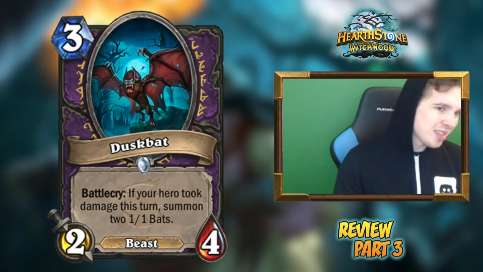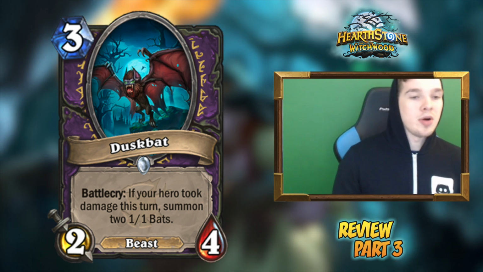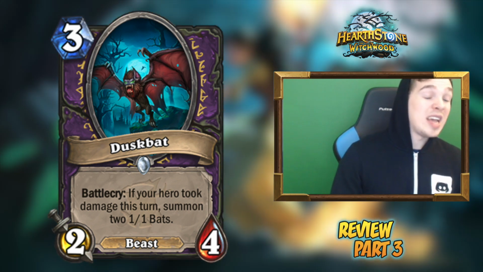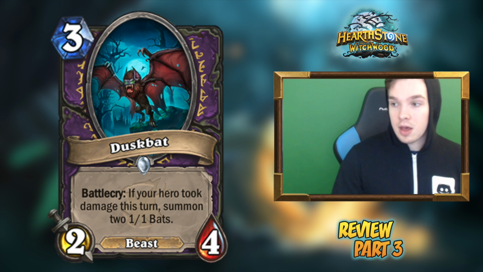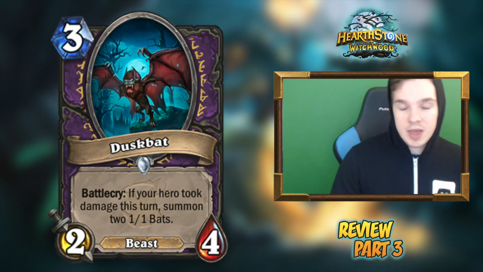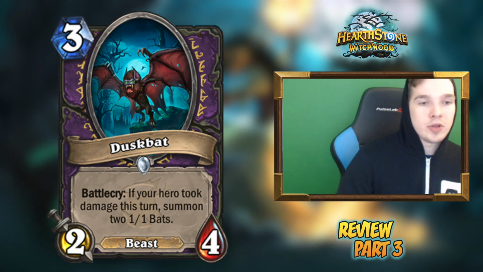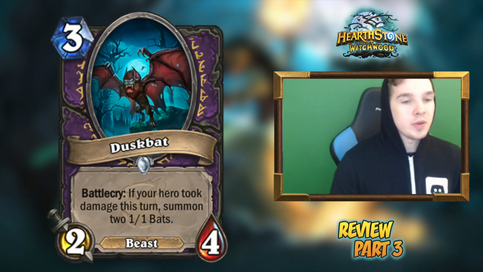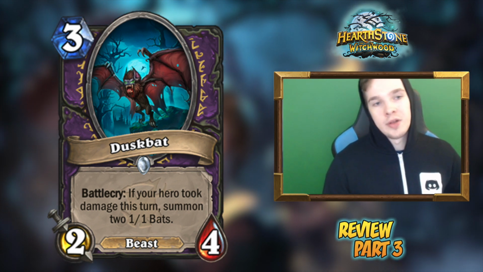It's just kind of a tough effect to pull off, and one that might just not really be worth it, and you might just want to be running Imp Gang Boss, which will generally get you two 1/1 tokens anyways. And as a demon too, added synergy is really big in that deck. So you have stuff like Demonfire and the +3/3 potion, which really help you in Zoo. So for me, Duskbat's an interesting card and probably relevant in Standard, but in Wild, it's 1 thumb down